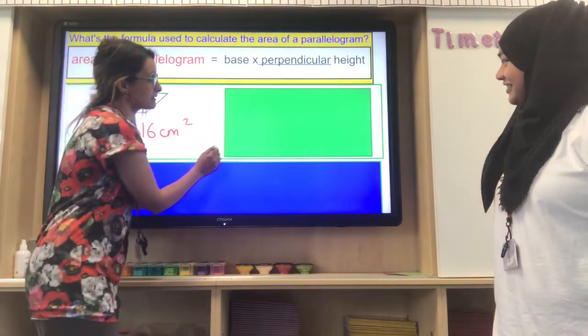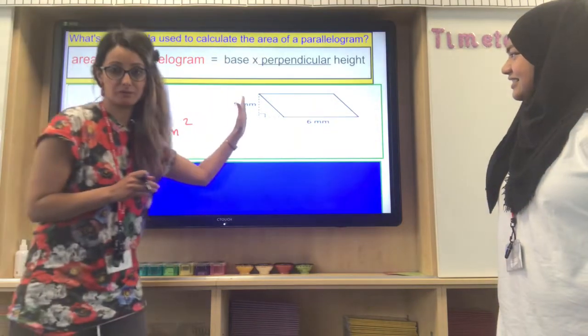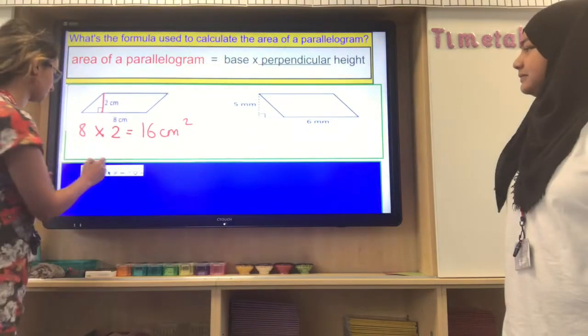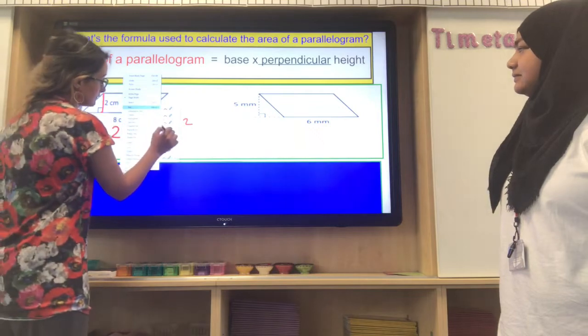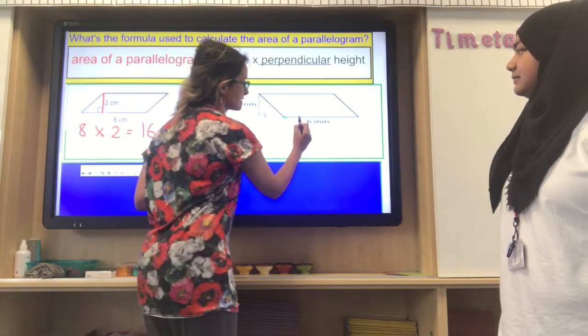Now, it becomes a bit different here when the perpendicular height is just to the side of the parallelogram, so don't be put off by that. Here we've got our base, and this base here, the 6 millimetres, is just this